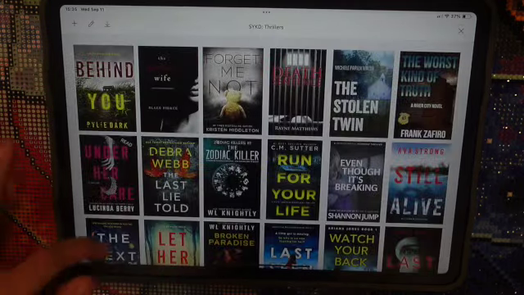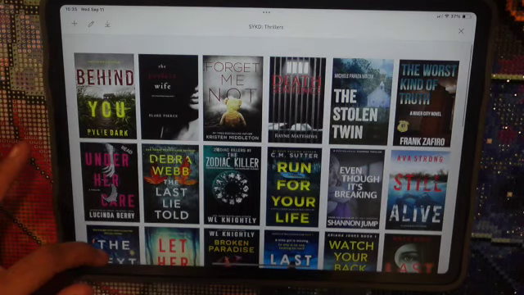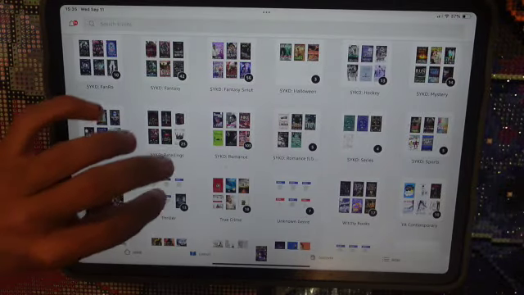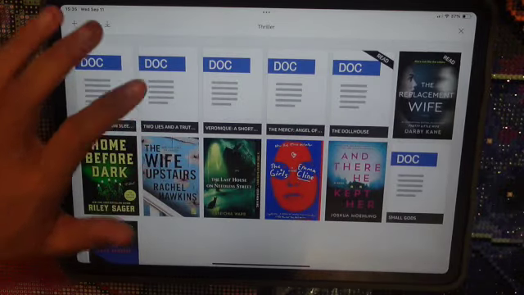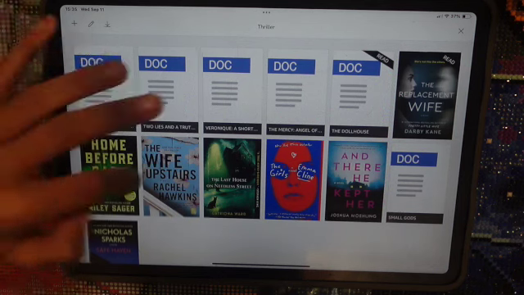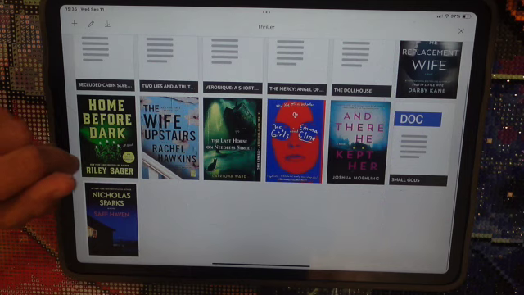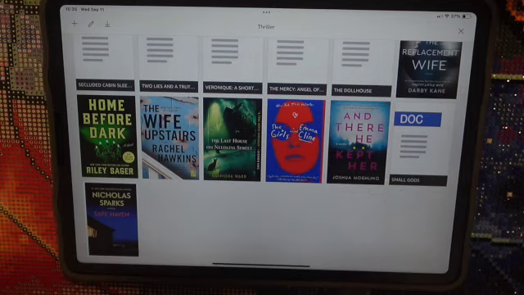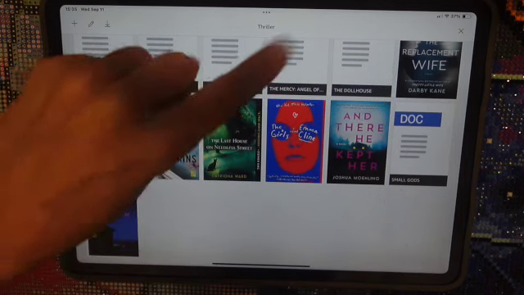Then we have Stuff Your Kindle Day thrillers, which are all the thrillers that I got from that. Then we have just a regular thriller collection. So these are all ones that I've purchased at some point. So we have There He Kept Her, which I actually got as an ARC and then I bought it. Then we have Small Gods, which is an ARC version of that. Like Small Gods, The Dollhouse, The Mercy,